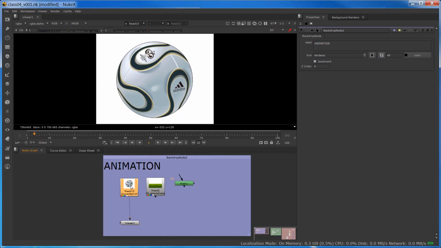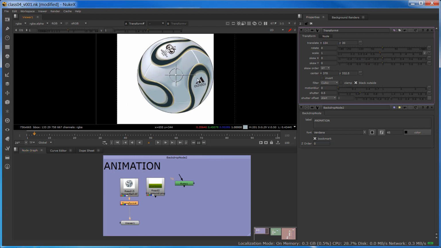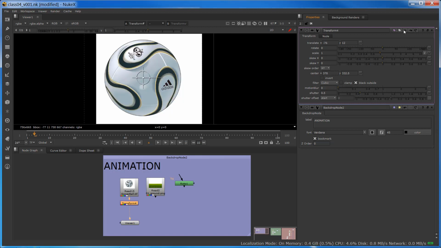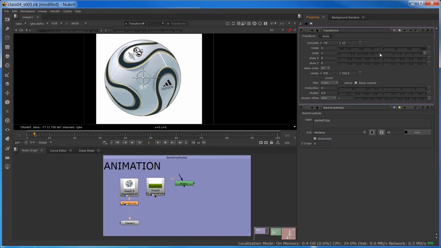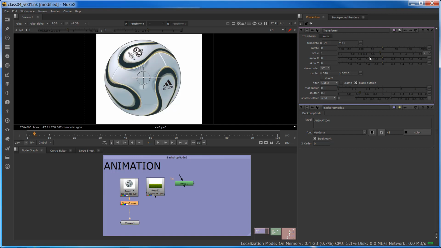So if I select my artwork and press T, I'm dropping this Transform node, and now I can move this artwork. I can use my node undo button to bring it back to the position. I can rotate it, or I can scale it proportionately. Or if I want to just scale it in X or Y, I can click on that digit 2, and then I have individual access to X and Y. I can click on that 2 again, and it brings it back to X and Y locked,